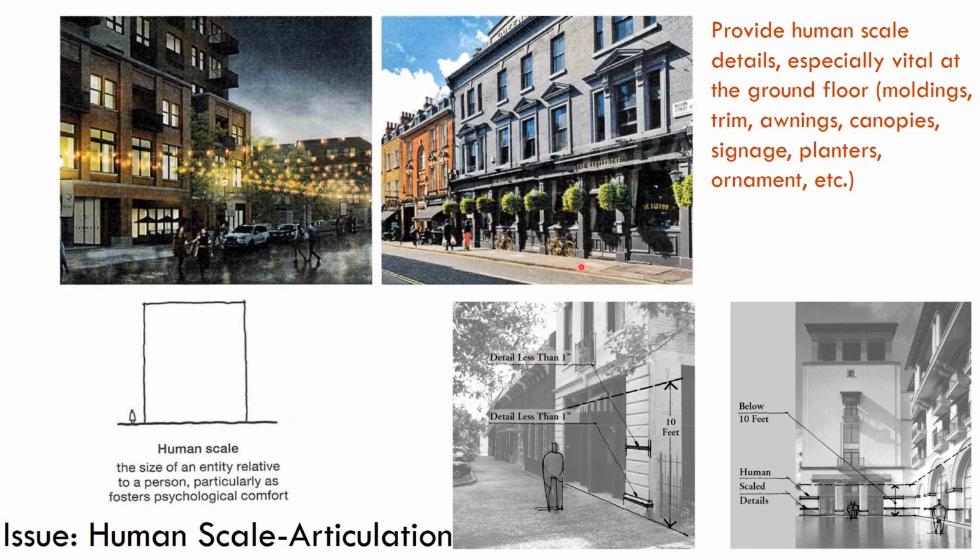And here again, we return to our character images. This was a very well liked image here, and I think the comments were that people like the detail on it here, the ornamentation, these pediments. But if you look at this ground floor level, there's a lot going on here. And the plants just sort of cap it all off with providing greenery right here where people can see it. And then again, we return to the slide that wasn't so much admired, that again, does not have at the ground level that sense of human scale.